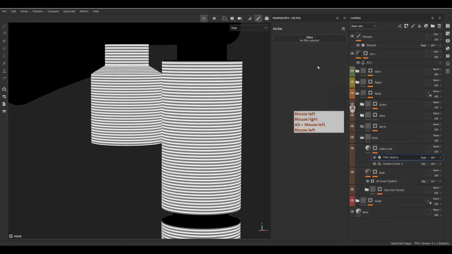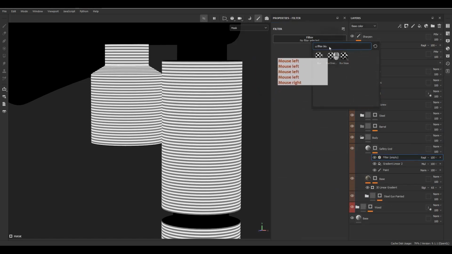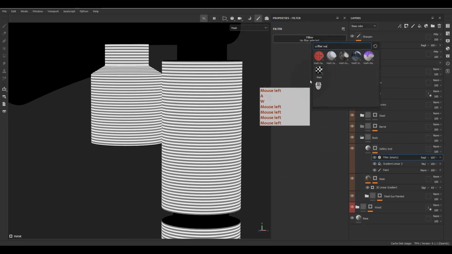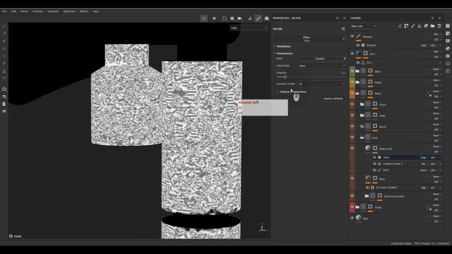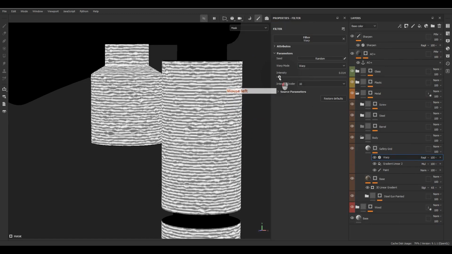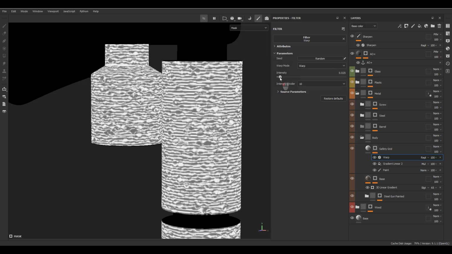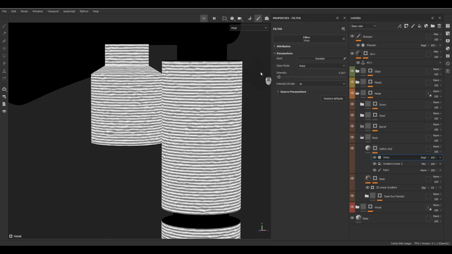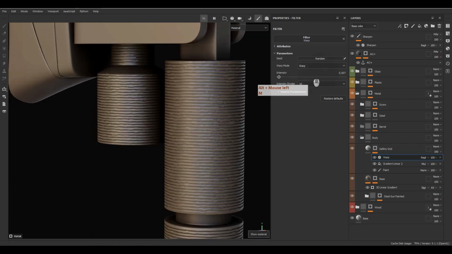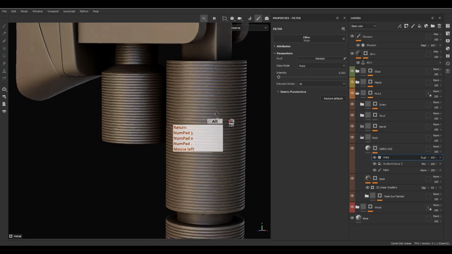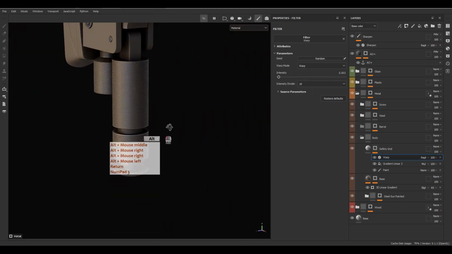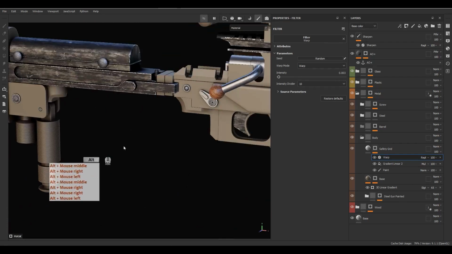Okay, and let's go here, use warp, and let's choose small intensity. Okay, like this. Maybe 3, yes, and boom,